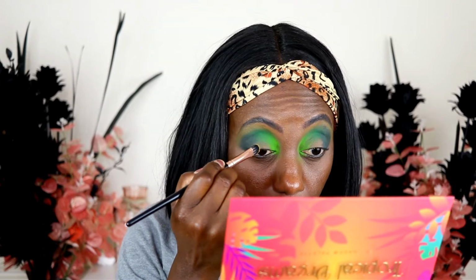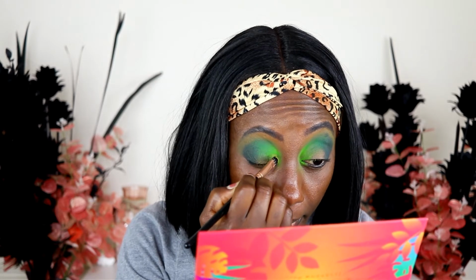I'm going to go in with Bahamas on the inner corners of the eye. And I'm trying it with a dry brush. And I think it needs a bit more effort, so I think it might be better off using your finger. Yeah. No, that's not going to work, so let's try it with...